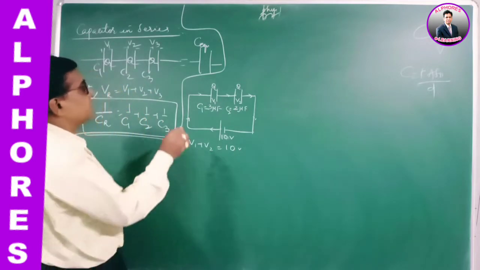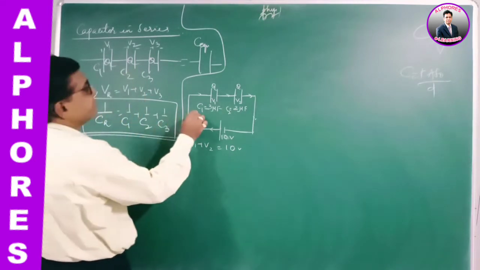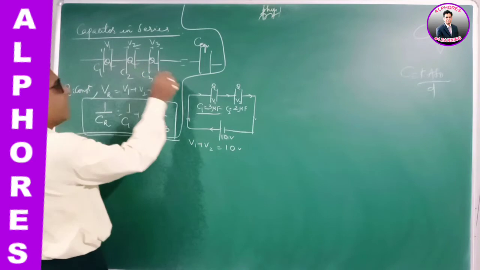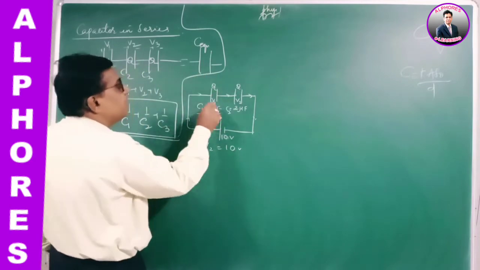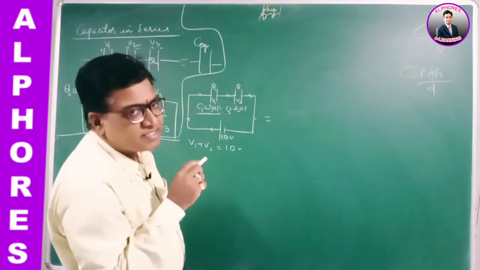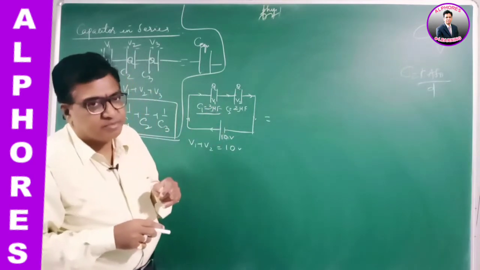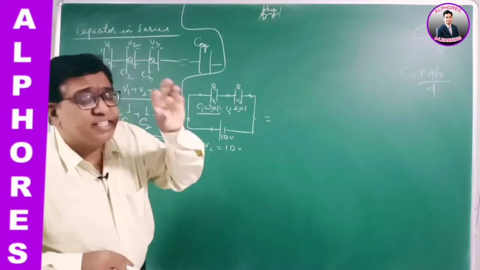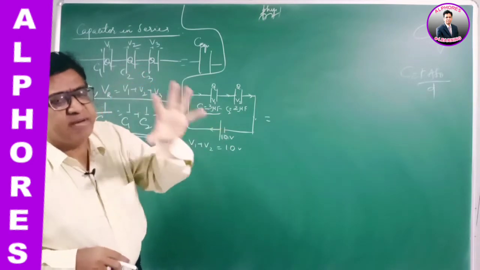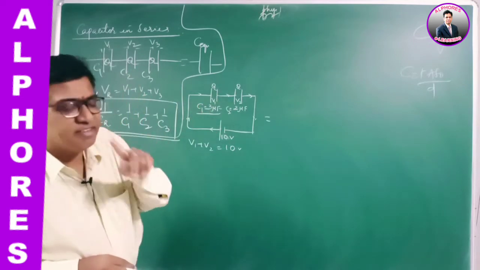Now the resultant capacity of this combination. So what is the resultant capacity? Given C1 is 3 microfarad and C2 is 2 microfarad. If I imagine these two are equivalent to a single capacitance. A single capacitance is equivalent to the combination of these two. The single capacitor which shows the same effect as the combination of these two in series, that is termed as equivalent capacitor.